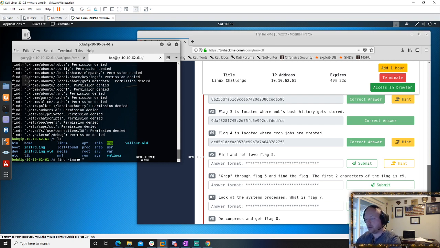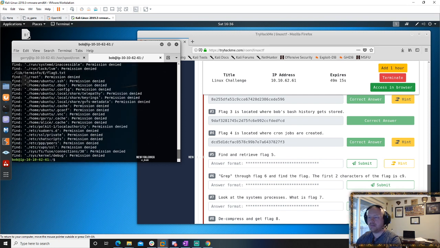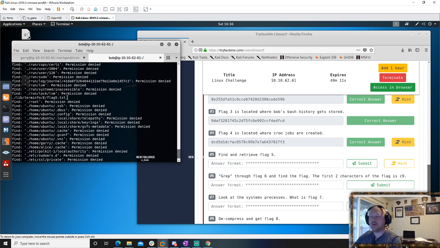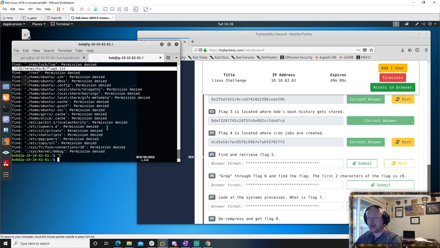So if you use find -iname, that ignores case. Okay, so here's what we got: ./lib/terminfo/e/flag5.txt.